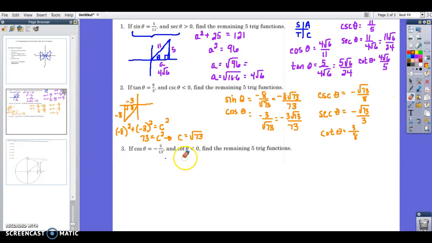Okay, and the last example here is, let's see, cosine is negative, cotangent is negative. So if I go back up to my picture, cotangent is going to be negative in 2 and 4, because that's wherever tangent is negative. Cosine is going to be negative in 2 and 3, so I'm going to be in quadrant 2 here. So in quadrant 2,